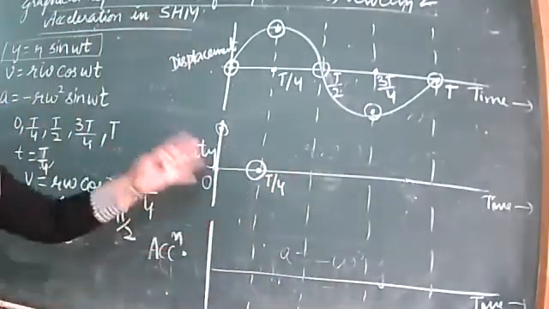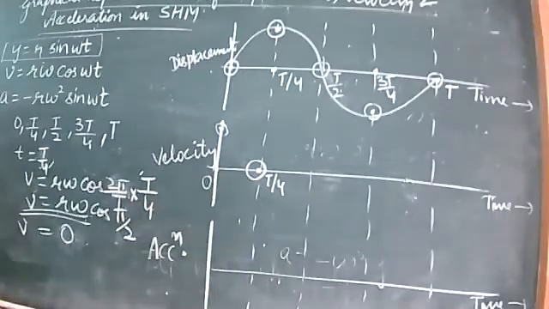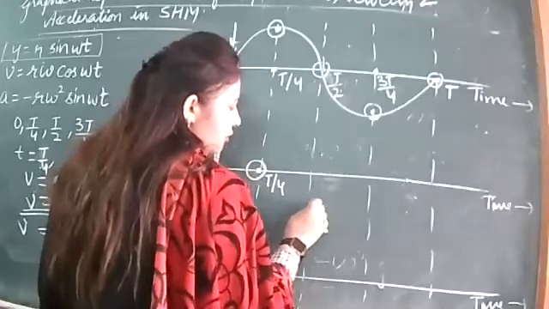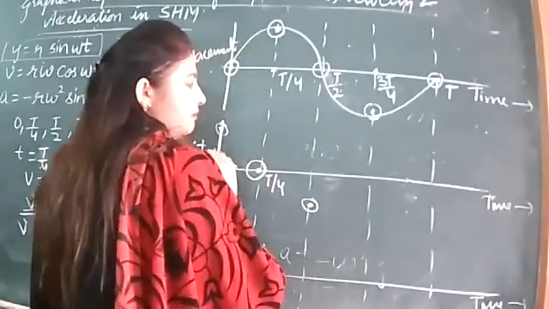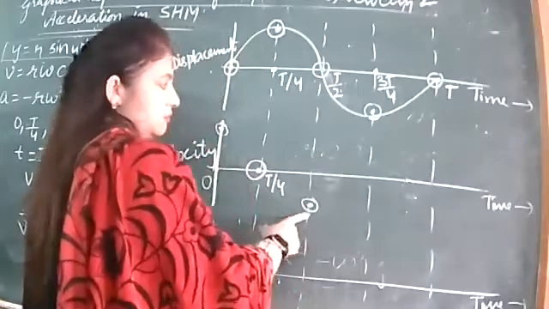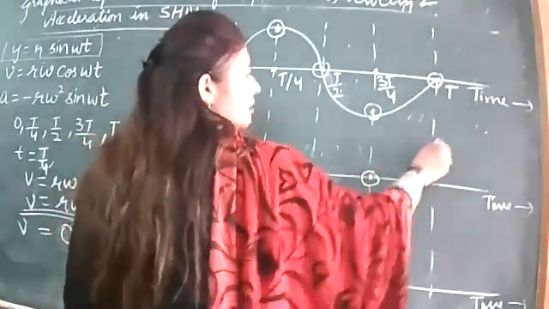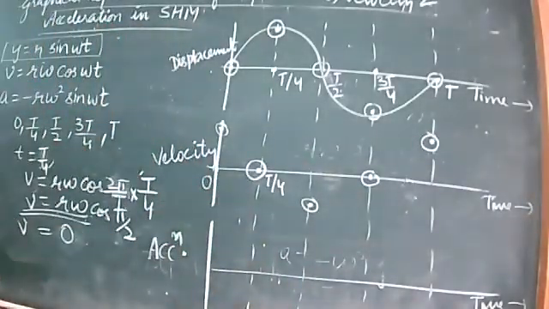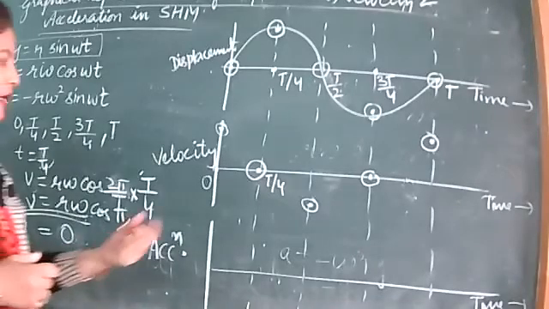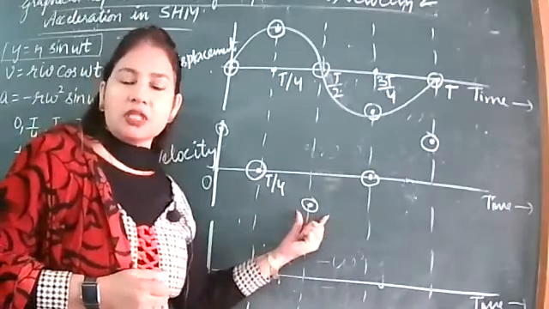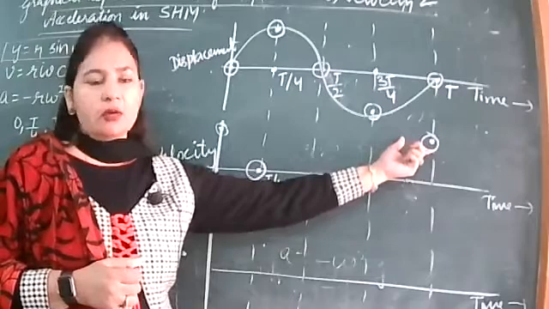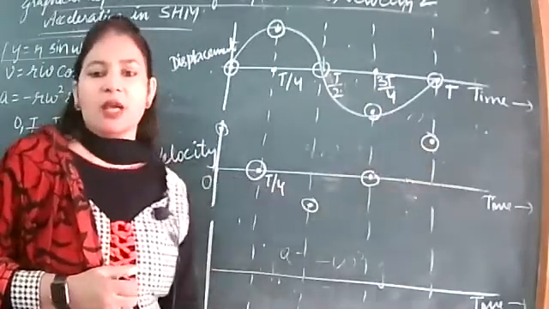So this way go on finding all the points. I'm marking, you check whether you are getting the same point. For the next interval, you will be getting velocity equal to 0 again, minus r omega. For next, you will get 0 and for next, you will get again r omega. In the same way, you check all these points. For the next interval, T by 2, you will be getting velocity minus r omega. For the next, again 0. And for t equal to T, you will get velocity equal to plus r omega again.